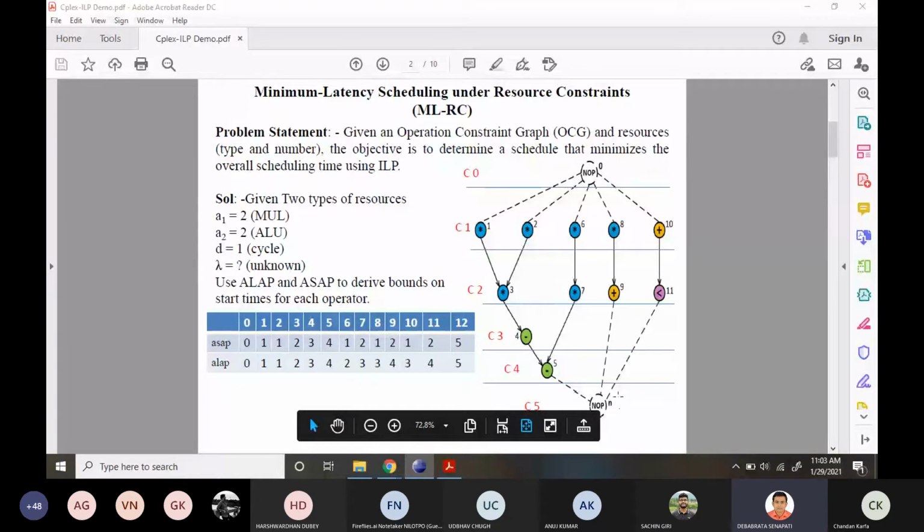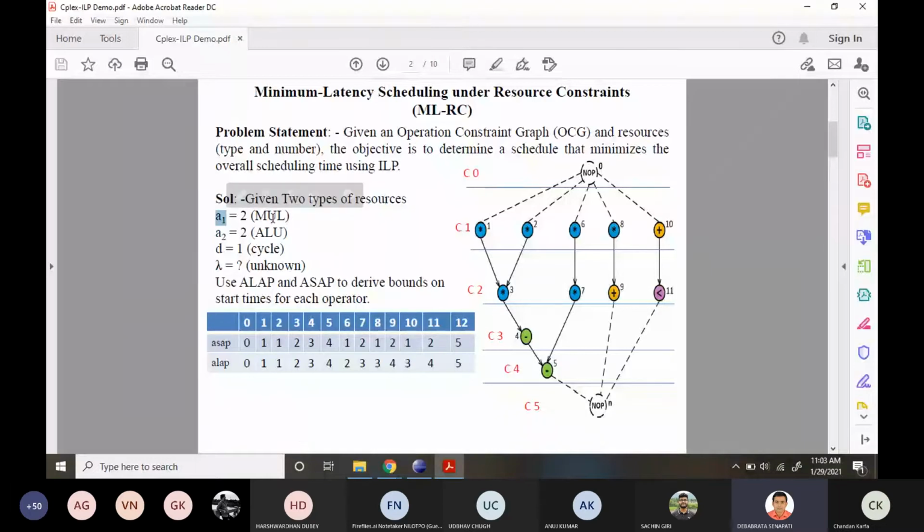We are given A1 and A2 resources, 2 multipliers and 2 ALUs, and each operation takes 1 cycle to execute. We are going to find the latency lambda, and that should be minimized, right?